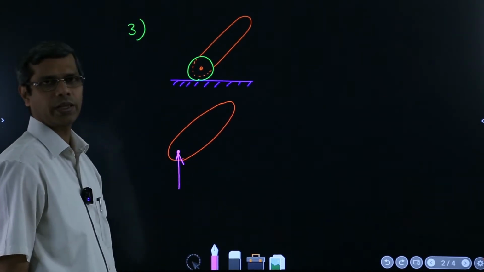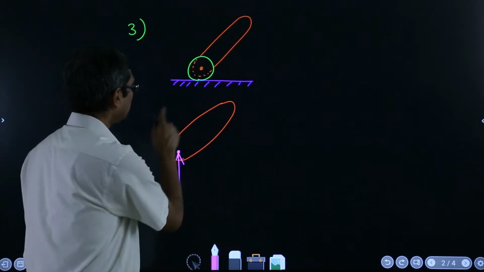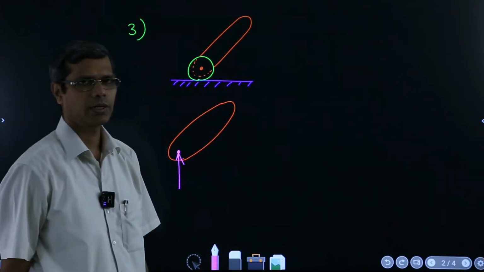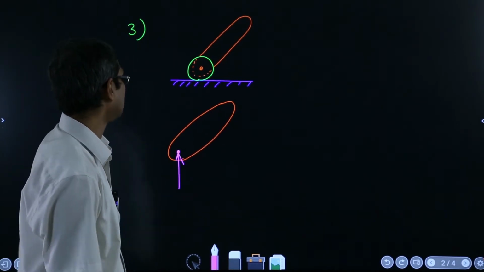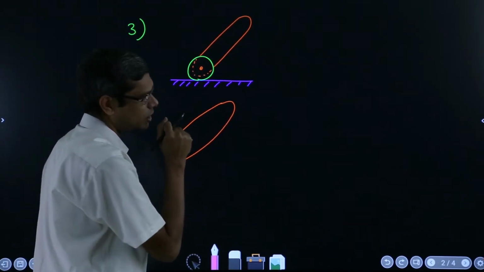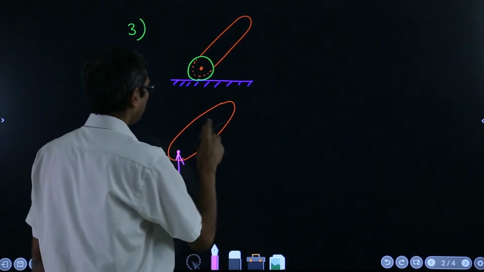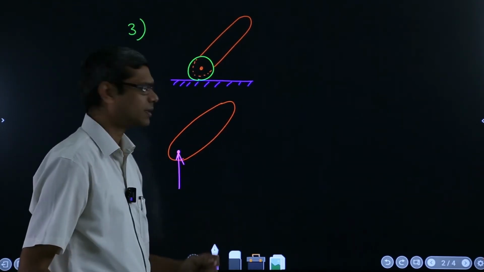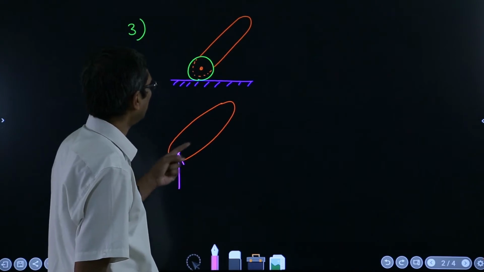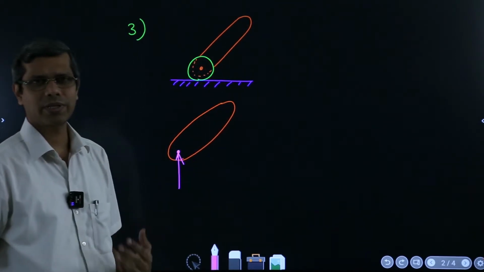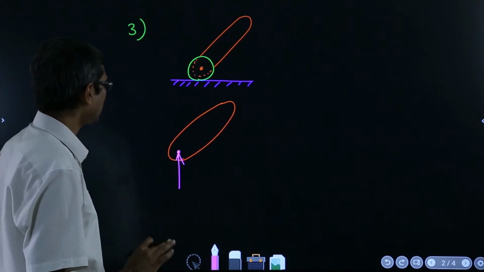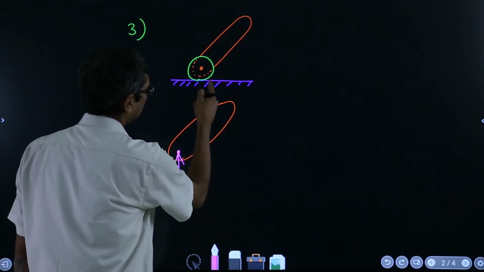Okay. Perpendicular to this surface on which it was rolling. Now that's a very important thing to observe, because students generally think that this force will come in the direction of the bar or something. So sometimes they get confused about that, but please make sure that